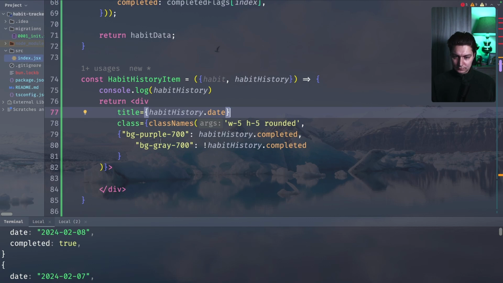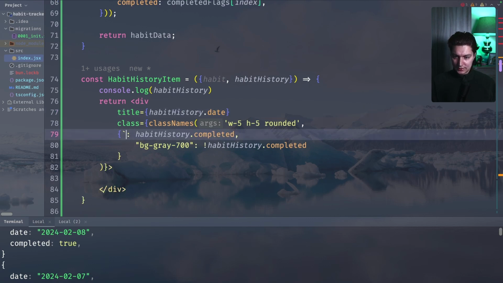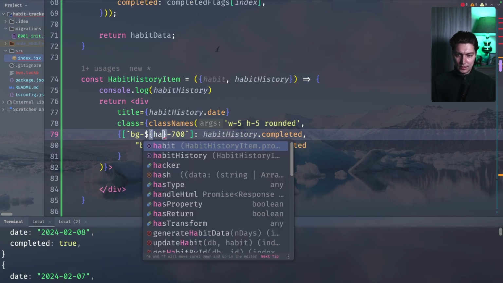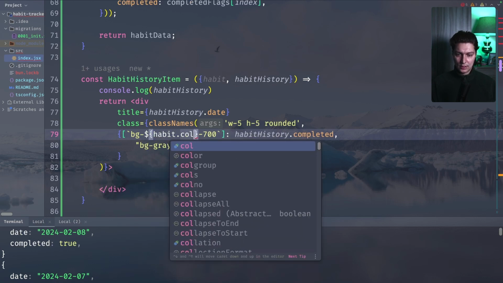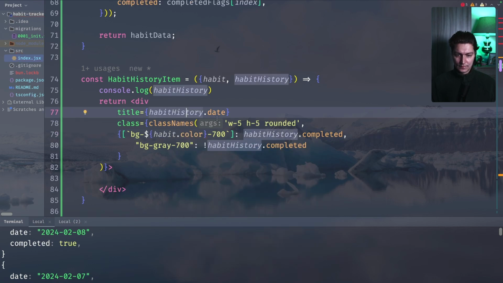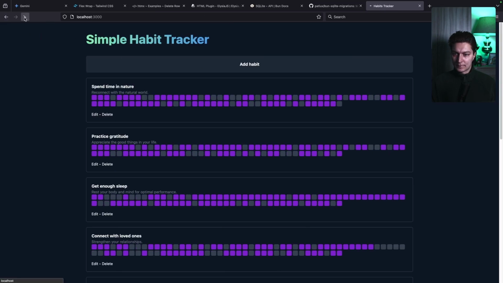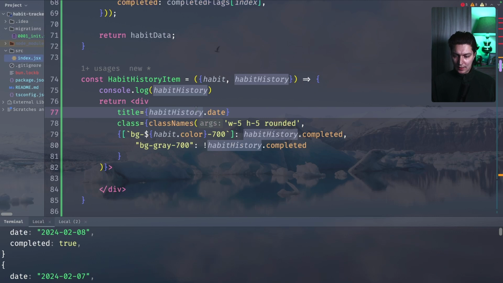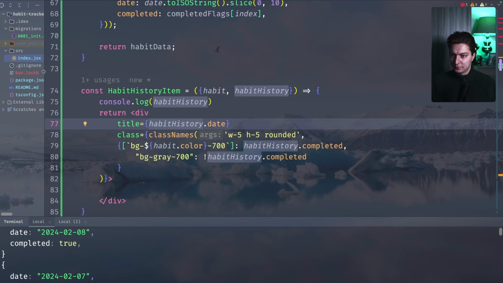I always forget the syntax, but I think it's something like put it in brackets and then you do this, right? And here we can now do something like this. It will be habit.color. Yeah, but we need to